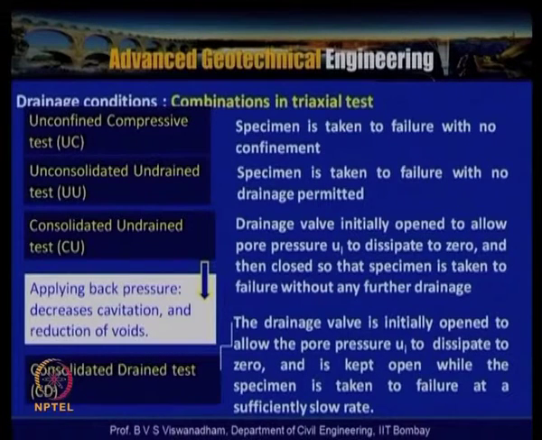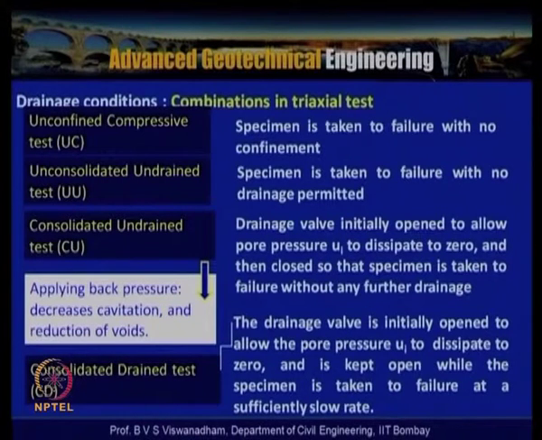at a sufficiently slow rate. The strain rate at which samples are tested, for example in the unconfined compression test and the unconsolidated undrained test, is 1.25 mm per minute, and this is the standard rate selected. Keep in view that no volume changes actually take place and pore water pressure dissipation will not take place, particularly in the unconfined compressive strength test, because it is not exposed to the application of cell pressure; the sample is not allowed to undergo changes due to